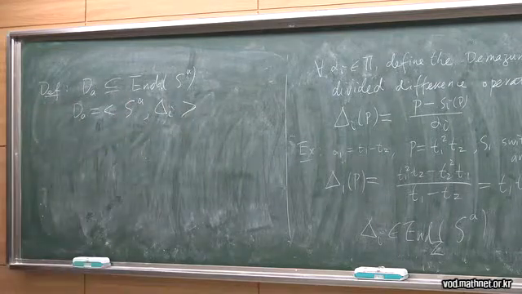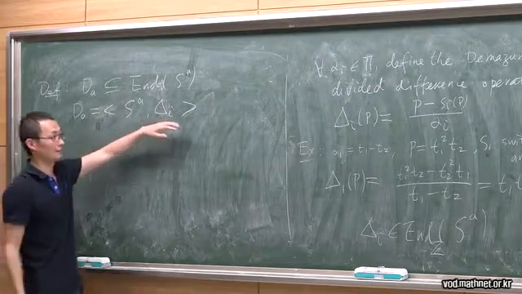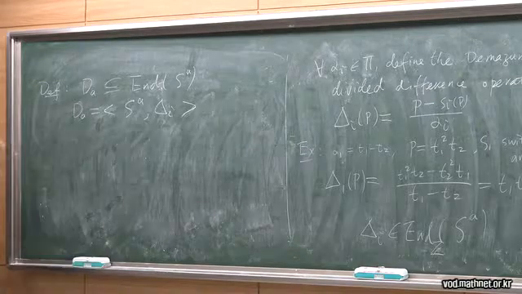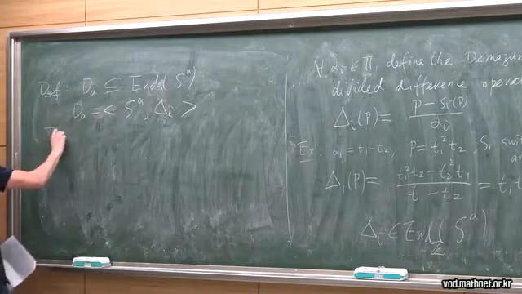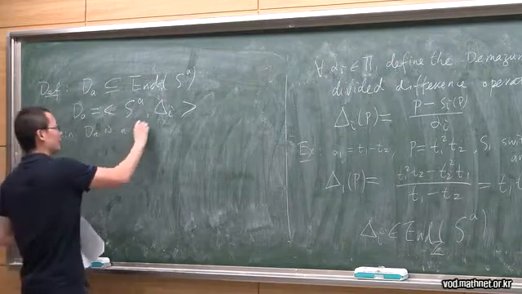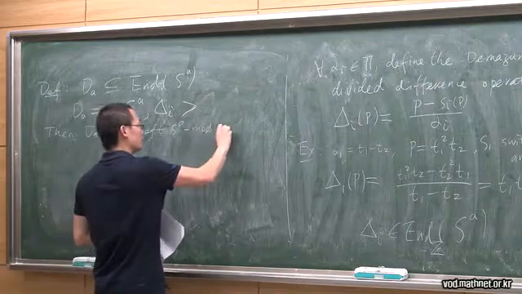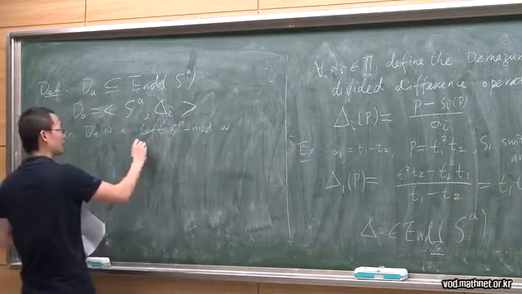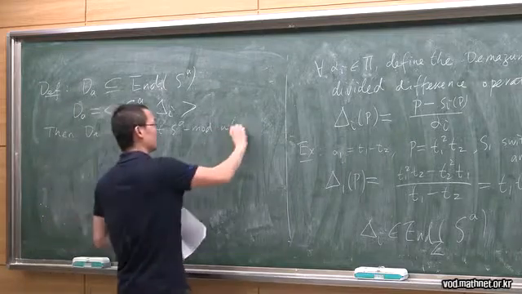So SA acts on SA, of course, by left multiplication, and delta i acts on SA. You can combine everything together, you get a subalgebra. Then DA is a left SA module. It is a free left SA module with basis